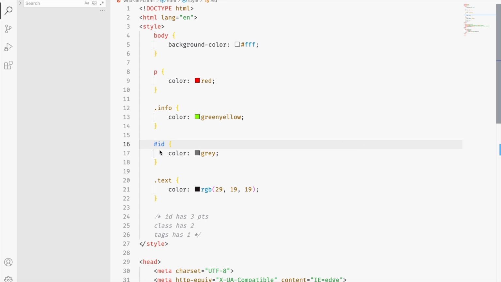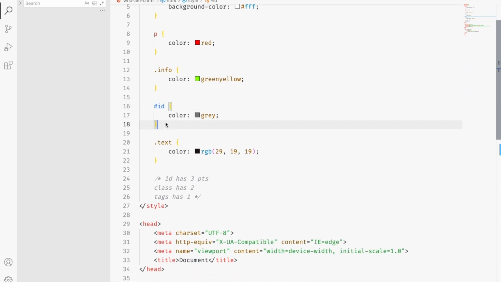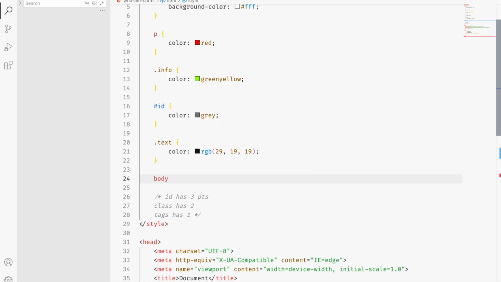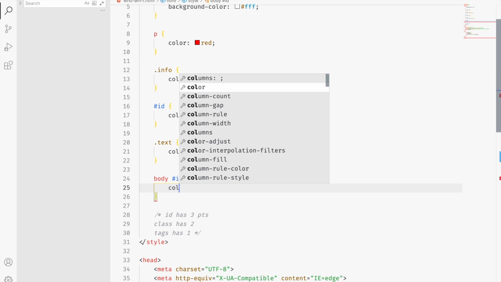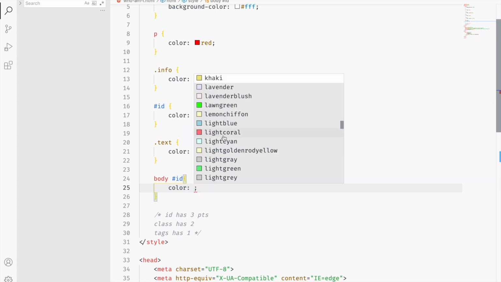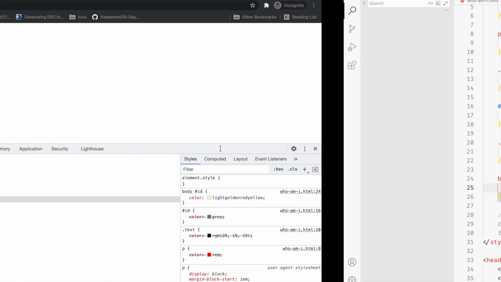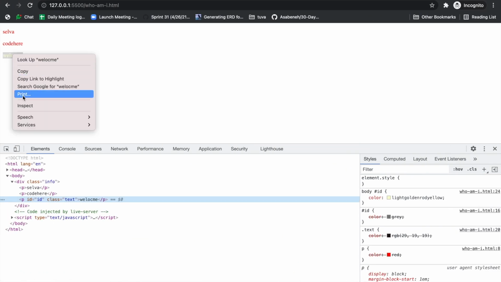Once you have used the ID, we can override the IDs using classes. If you want to override this ID, you can use something like this: body, same ID, color would be light yellow. Here.